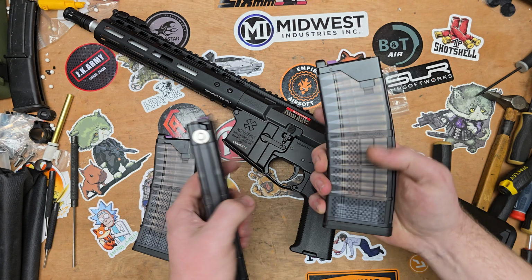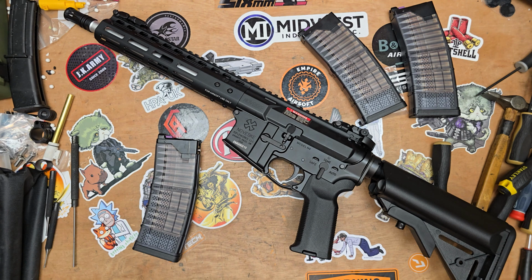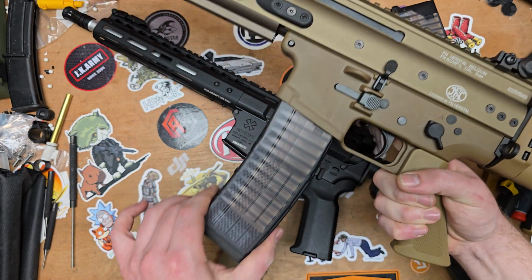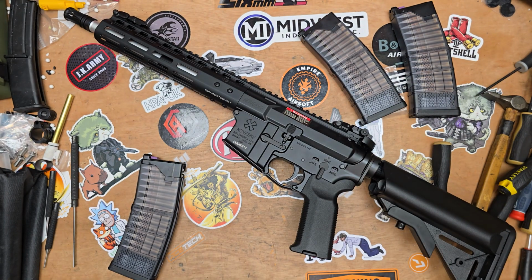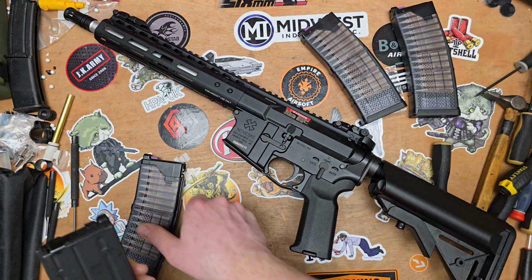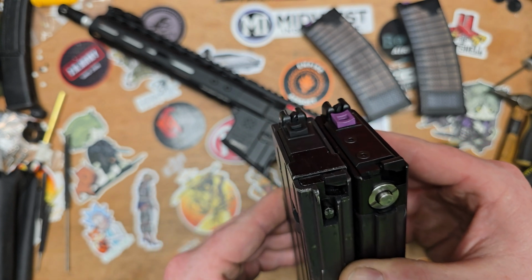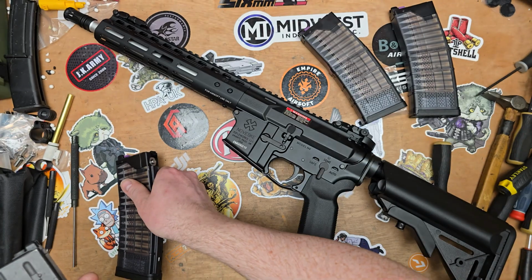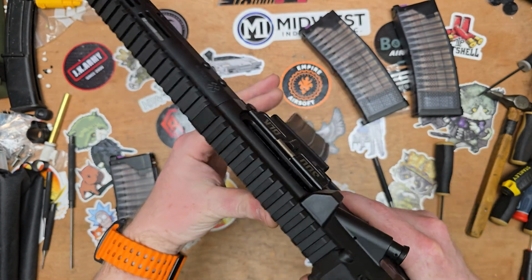But we've got a couple of mags, and I really do like the look of these mags, and it would be interesting to see at some point the compatibility. So I'm just trying this because it's next to me, but Guns Modify Scar, it does go in. I'm not going to shoot it. It is a little bit loose, maybe. But what I'd like to do is, obviously I want to compare it with a normal Marui mag. Now, people say they're very different. Off the cuff, it looks like the gas router sits a little higher, but in terms of the position, it seems okay. Now, what I can test, MWS, standard Marui MWS mag,